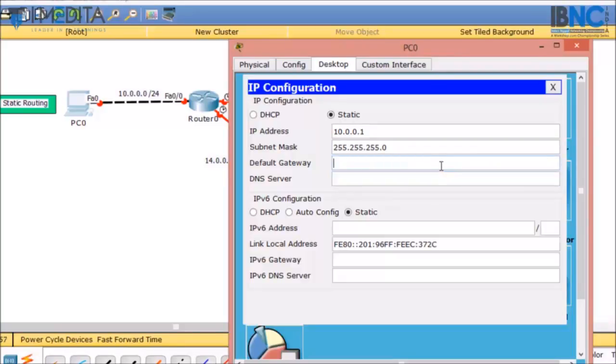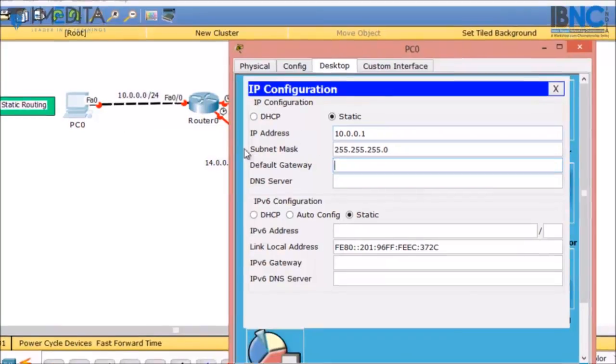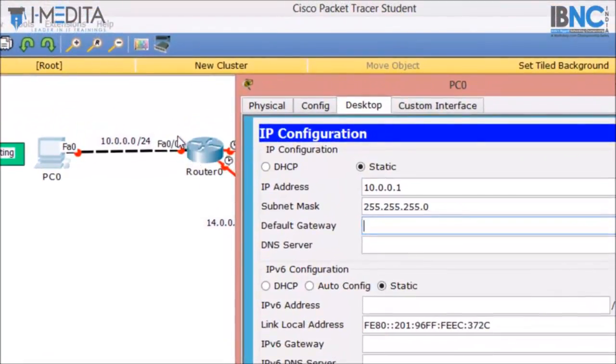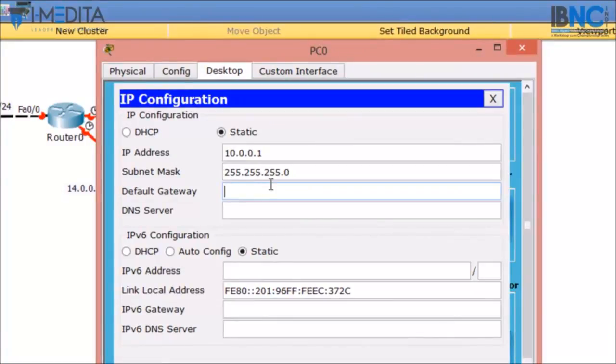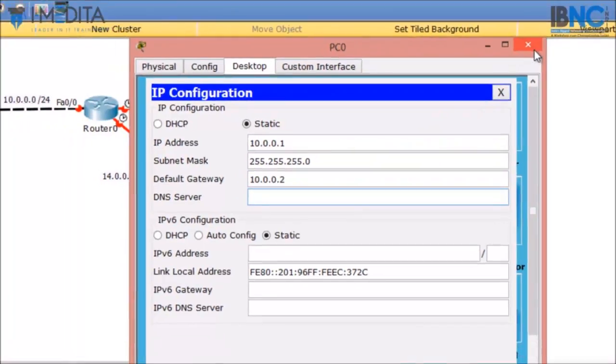And then the default gateway. The default gateway value will be the same network IP of the router's interface on which the PC is connected. In this case, it is fast Ethernet 0/0. So whatever IP we will be giving to the router, we will assign in the default gateway. For example, if I am taking 10.0.0.2, that will be the default gateway.